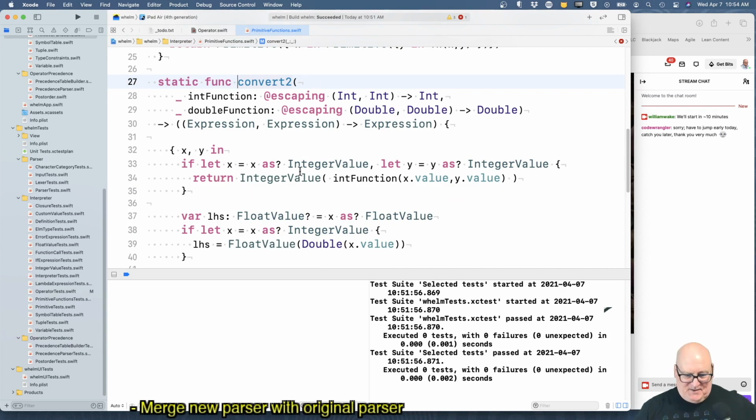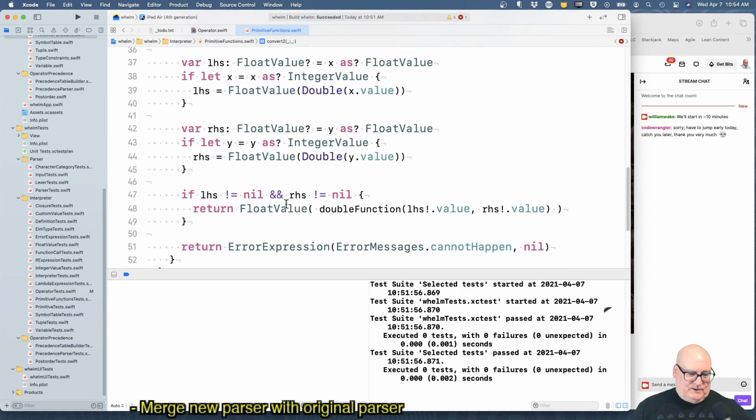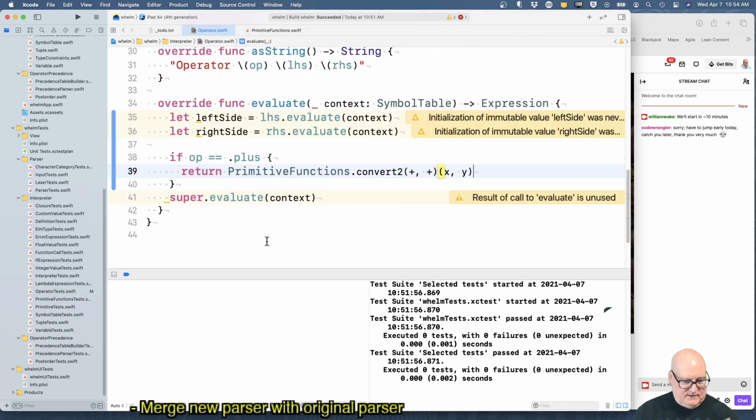All right, so this is kind of a very functional thing, but this is the thing that says if they're both integers, return an integer. If either one is a float, return a float. Yeah, figure out which argument is a float, convert to float, and then return a float. So I think that's an okay function to call.